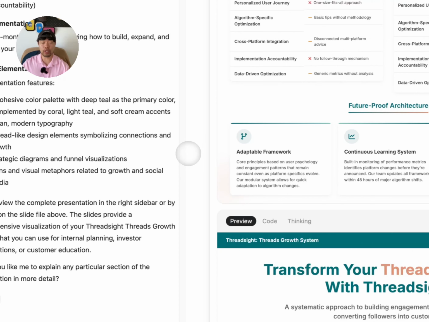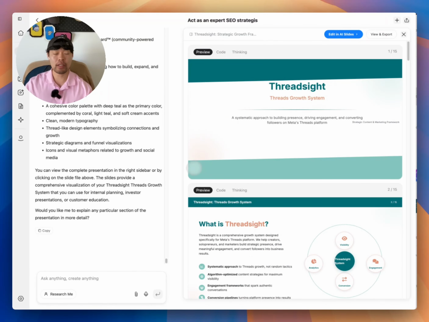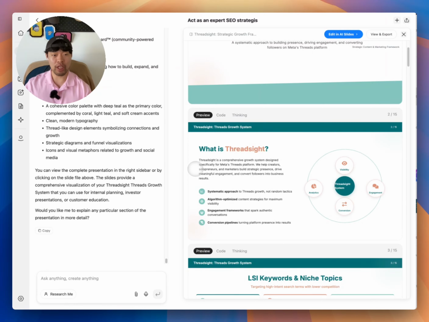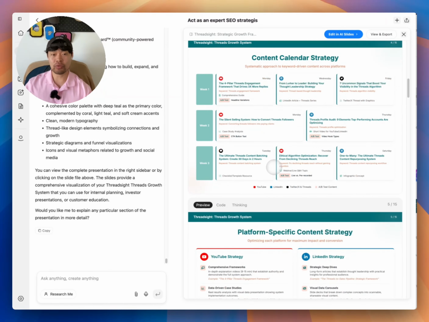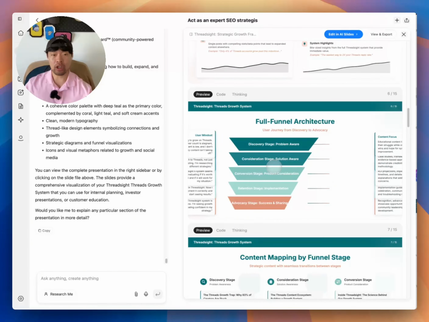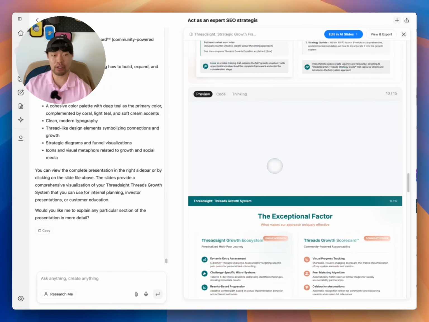So it took around 10 minutes to build 15 pages of slides, and with fresh eyes, I don't like the colors, but I like their information in here. Like what is the strategy, keywords we've been using, calendar strategy, funnel architecture, stage, CTA. It seems very professional.